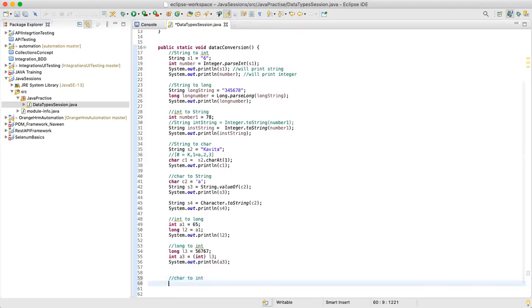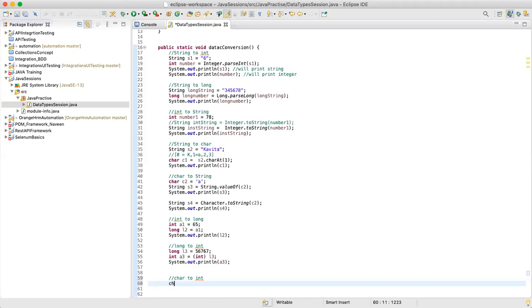So first, to convert character to integer, if we try to directly assign the character value to an integer, what happens? In a character, you can have A, B, C, D, and many other values. It will return you the ASCII value of that particular character.